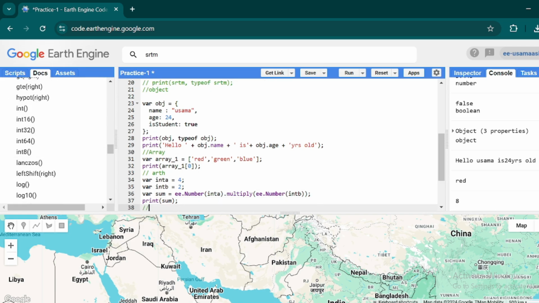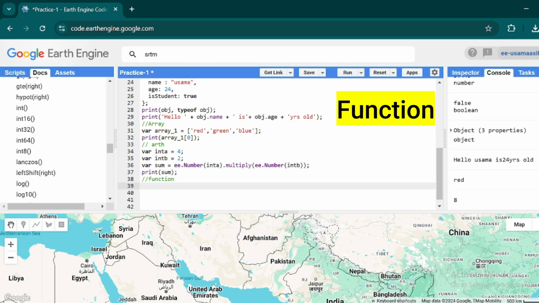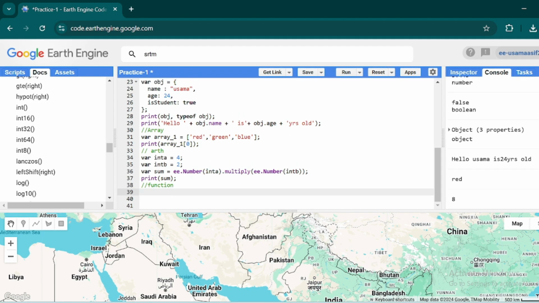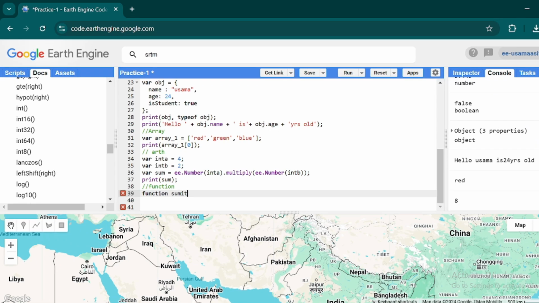Now we will see what a function is. With the help of a function, you can perform all this arithmetic operation with just 3 words. A function is just a block of code that makes some logic or that can be designed for performing any specific task. So for the declaration of a function, just write function and then what will be the name of your function. Like my function name will be sumit, that will sum 2 integers, and then the parameters for your function. Like here, this is a print function and this print function can take 2 parameters. One is this that will show data in the console and the second parameter will show the type of the data. So my function will have 2 parameters.